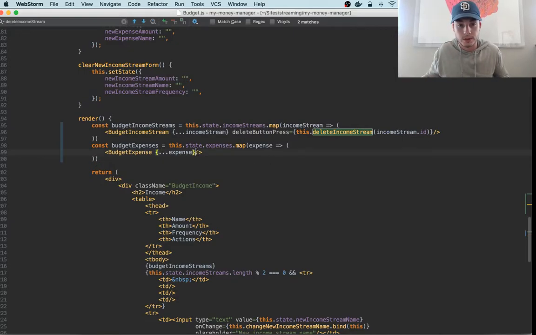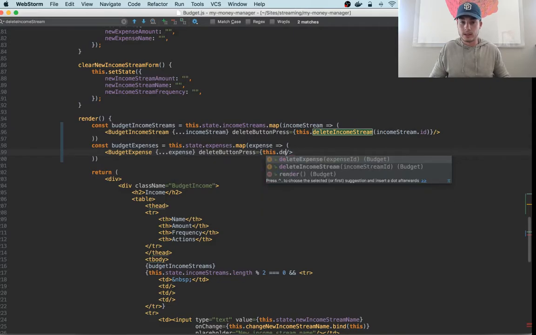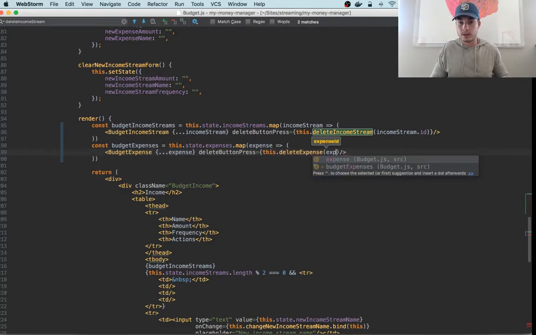So we're going to include all the properties of the expense, and then we are also going to add a delete button press that does this.deleteExpense, expense.id,